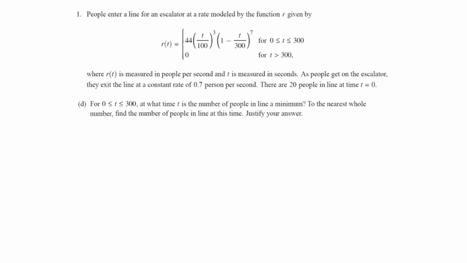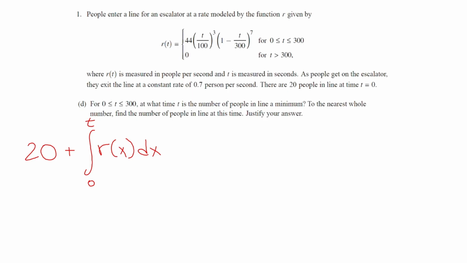That is just going to be the number that started in the line plus the number that entered the line, which is going to be an integral from 0 to whatever t value we're talking about of r of x dx, and then minus